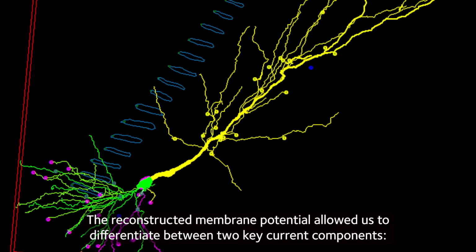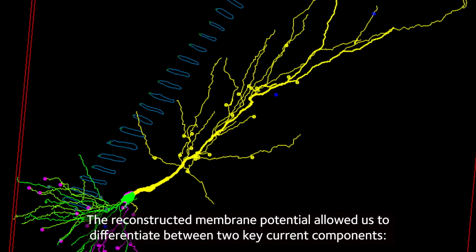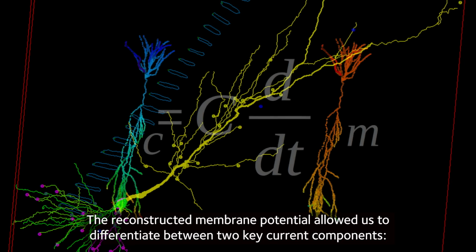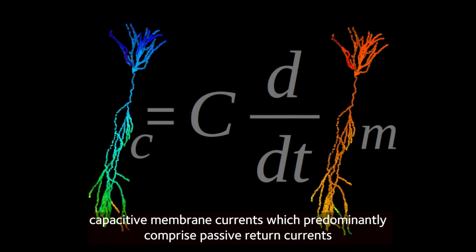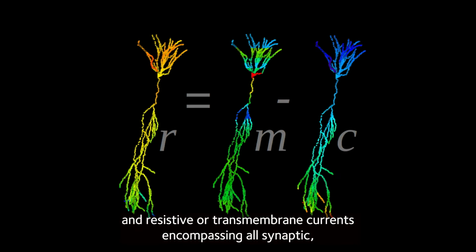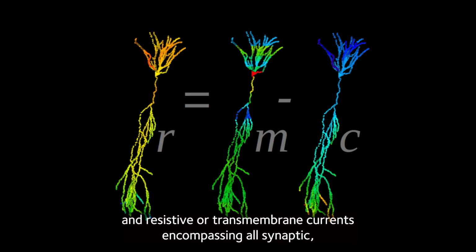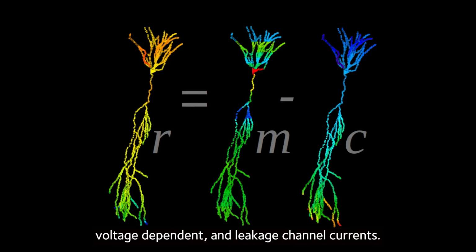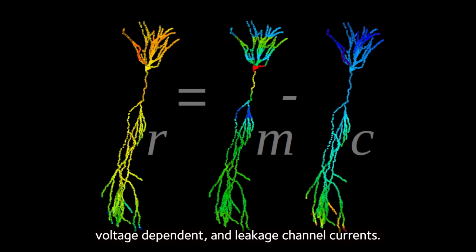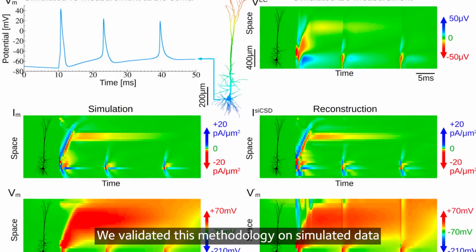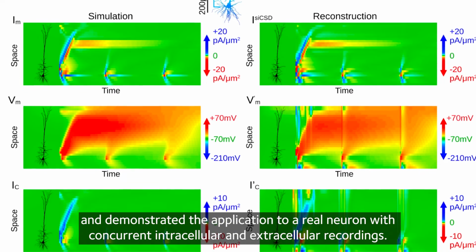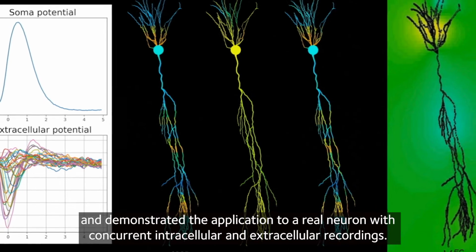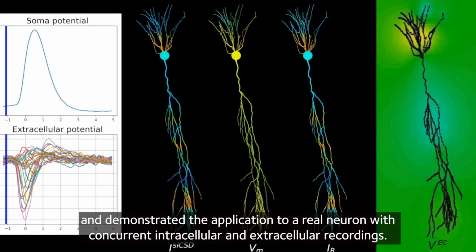The reconstructed membrane potential allowed us to differentiate between two key current components: capacitive membrane currents, which predominantly comprise passive return currents, and resistive or transmembrane currents encompassing all synaptic, voltage-dependent and leakage channel currents. We validated this methodology on simulated data and demonstrated the application to a real neuron with concurrent intracellular and extracellular